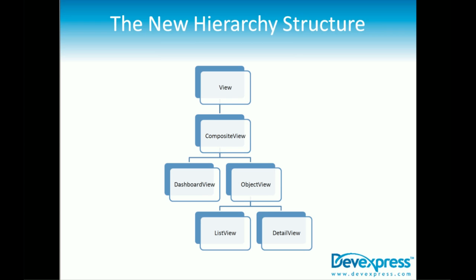Then on the right hand side of that, you have the object view, and that's an abstract base class for views which actually bind to either one or many objects. One of the properties that it surfaces there is the object type property, where you can specify what kind of type of object that you want to see there. So the list view,